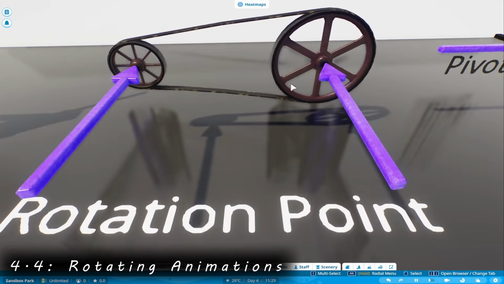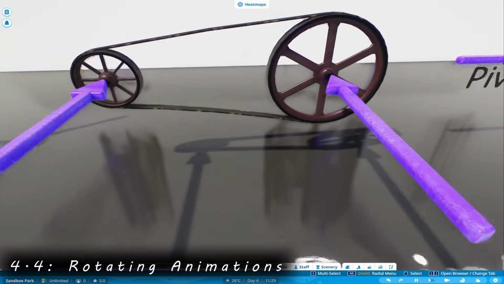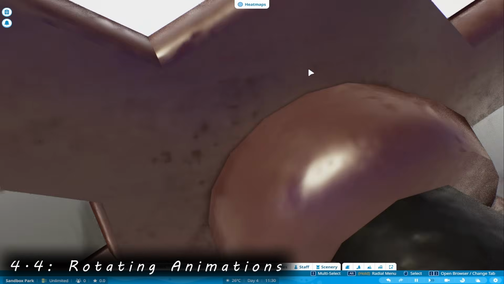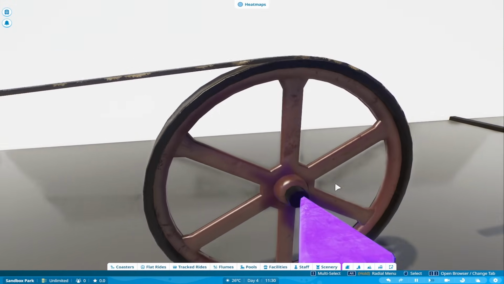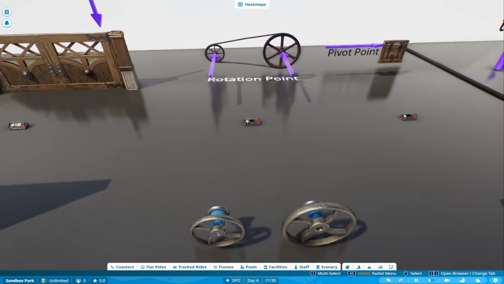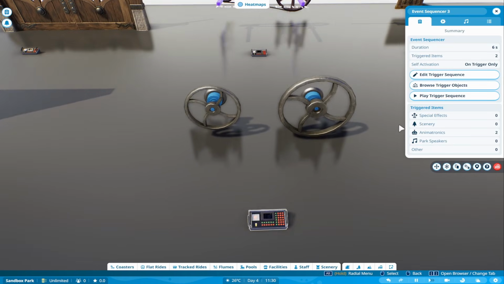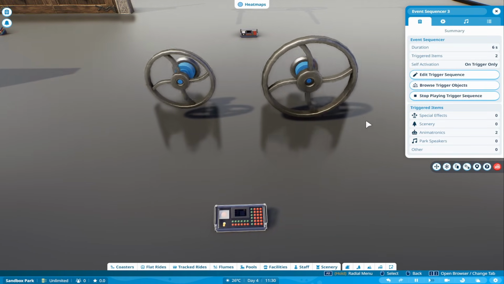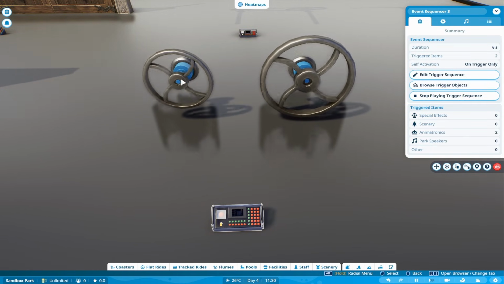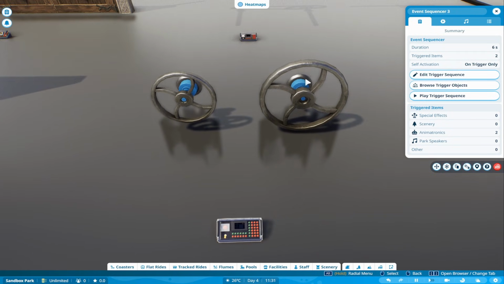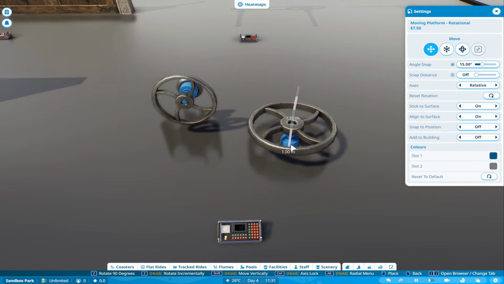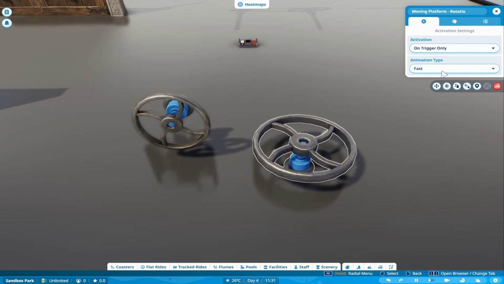Here we have the rotation points, which is the center. So if you can see, when this rotates, the center is pretty much standing still, and everything rotates around the center like a black hole. It's the same thing here. Here I've got two wheels attached to a rotating piece, and the rotating piece is exactly in the center of the animation piece. I just wanted to show you guys when I